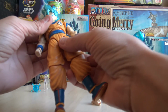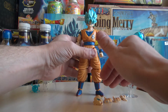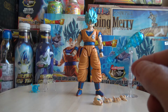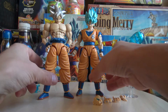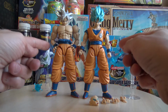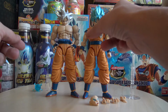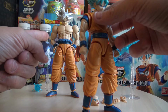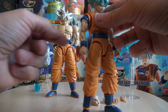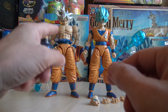And of course, like I said before, the body actually is exactly the same as base Goku, but not as Ultra Instinct Goku. Ultra Instinct Goku doesn't have the top shirt, but they are the same length, they have the same legs, and I think the front arms are the same as well, but not the upper arms and the shoulders. If you look at the upper arms, Ultra Instinct Goku's arms are actually a little bit buffer, a little bit wider than these. I also tried switching out the heads of base Goku and Ultra Instinct Goku, and they